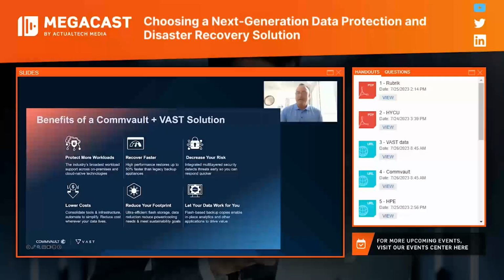We're doing things, again, like reducing footprint. I think you're going to hear from our partner Expedient talk about that a little bit, where we're taking on the mindset of legacy platforms. Remember, we're not a purpose-built backup appliance, right? We're not a hybrid array system. We're not an all-flash system at an exorbitant price point, right? We're a new solution with next-generation algorithms, design, and architecture that gives us the ability to be extremely dense, extremely high performant, and really, again, without any sort of compromise for your environment.